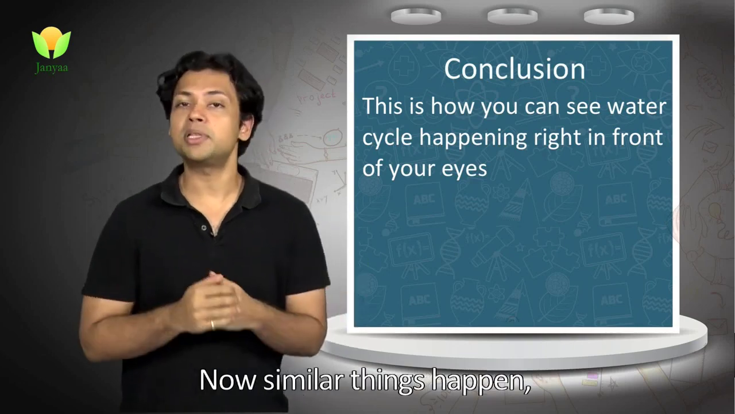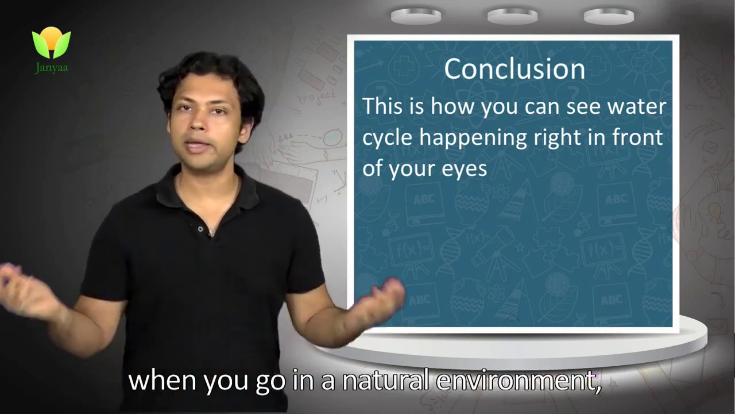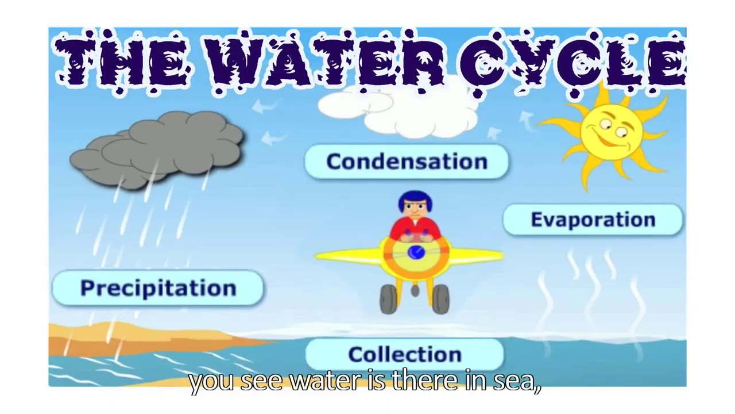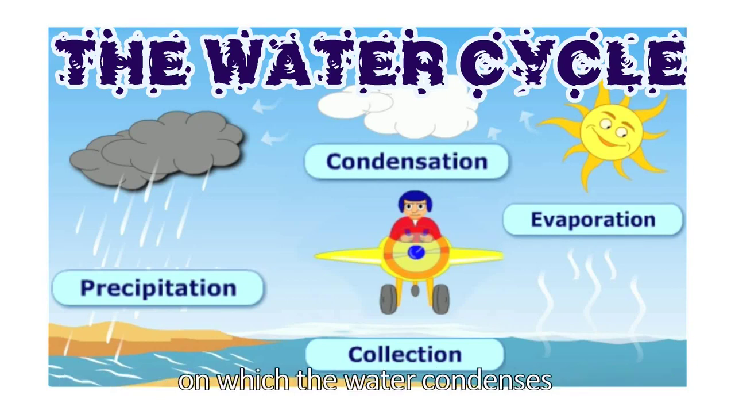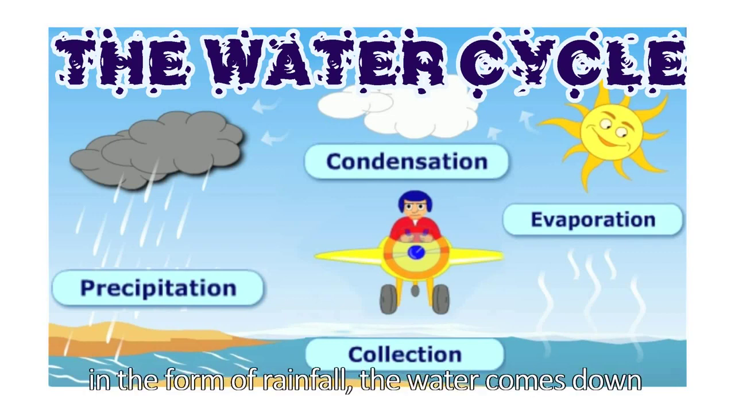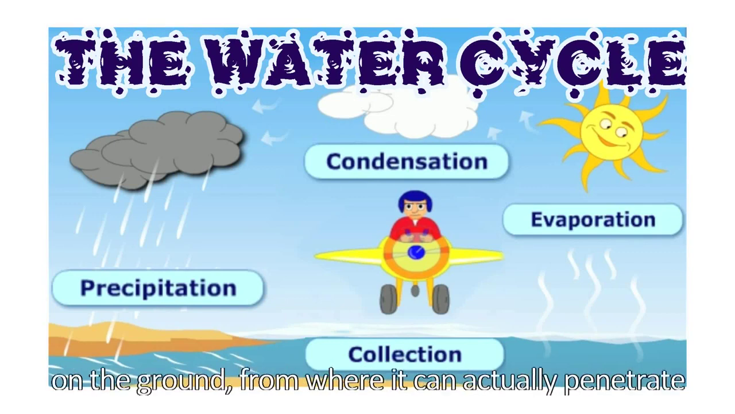Now, similar things happen when you go in a natural environment. You see water is there in the sea. The water evaporates from the seas. Now there is some dust around in the atmosphere on which the water condenses and it becomes clouds. In the form of precipitation, in the form of rainfall, the water comes down on the ground